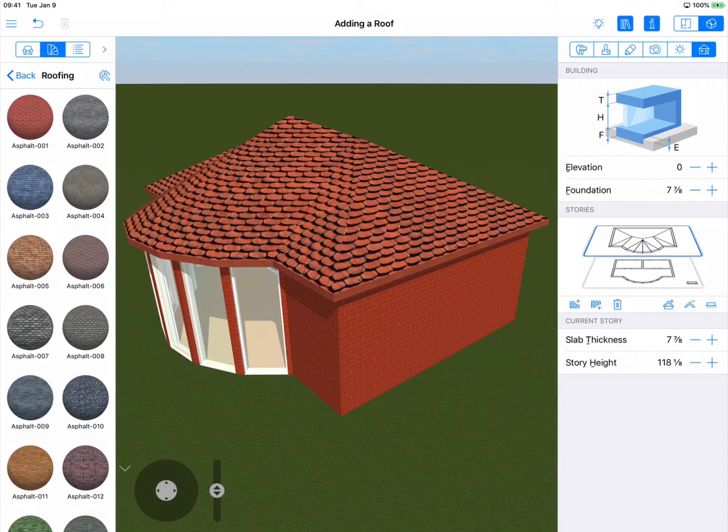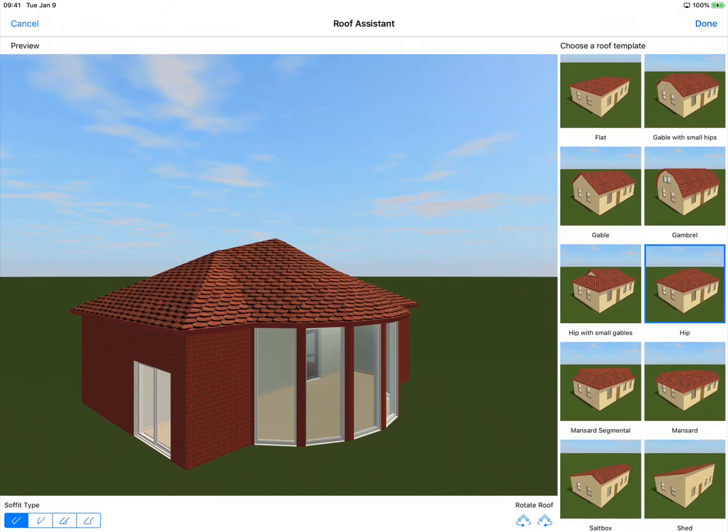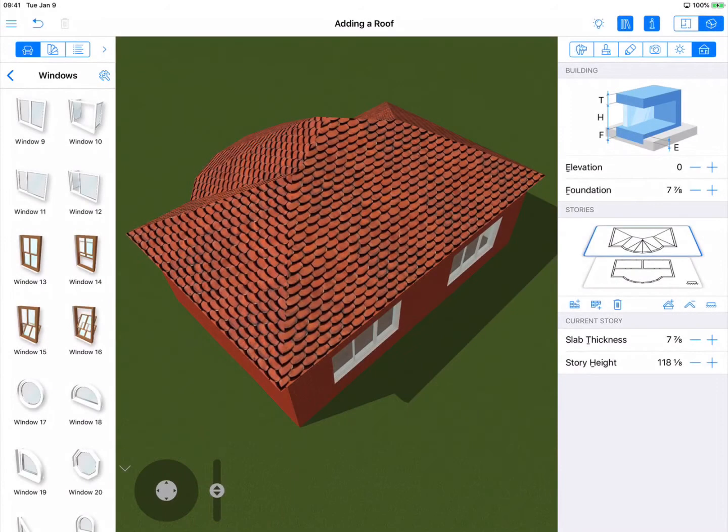Please note that to change the roof type, you must delete the current roof using the Remove Auto Roof Above Current Story menu item and add a new one. Now let's talk a bit about the behavior of roofs. Roofs basically behave just like walls. You can add windows or doors,